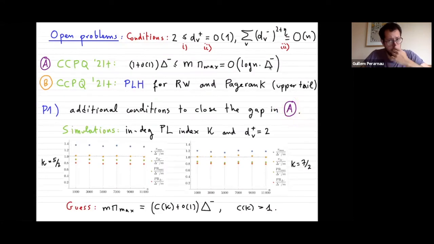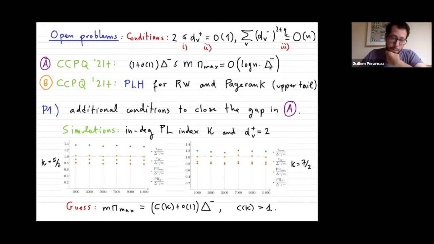So we know that in general, you cannot close this gap. I mean, there are tight examples, but which extra conditions on the in-degree distribution might allow you to obtain a better result? For example, we had this example of the outstanding maximum degree, right? And I think that one very interesting case is where the degree is a power law